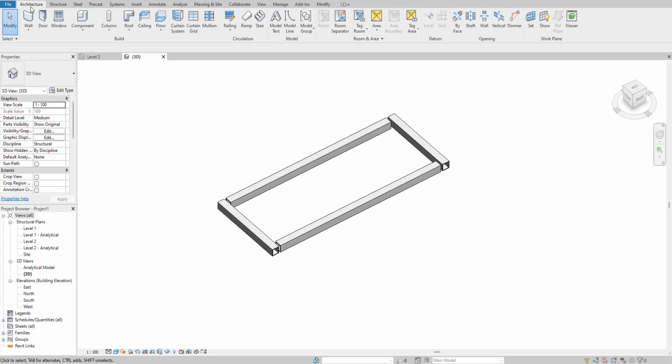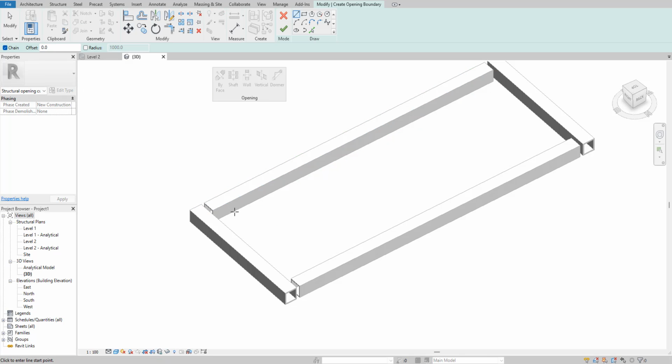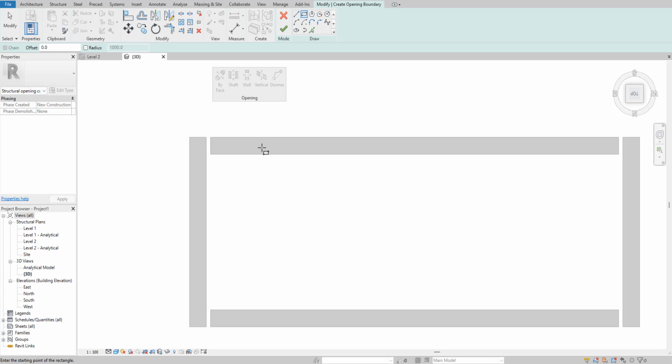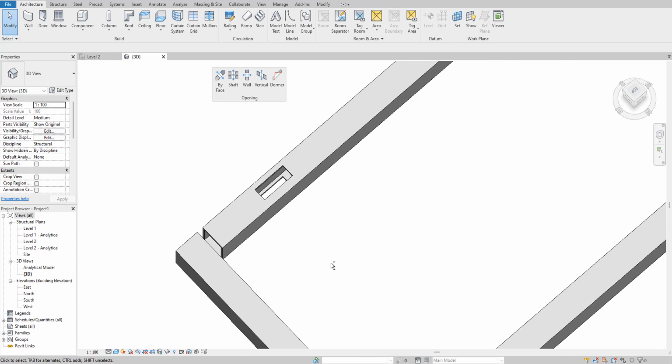One is you can go to the Architecture tab and then select the By Face option from the Opening panel, and then you can choose your plane or face and choose this plane, and then go to a top view, draw your profile, and then click finish. Now you have your opening. Or else you can do